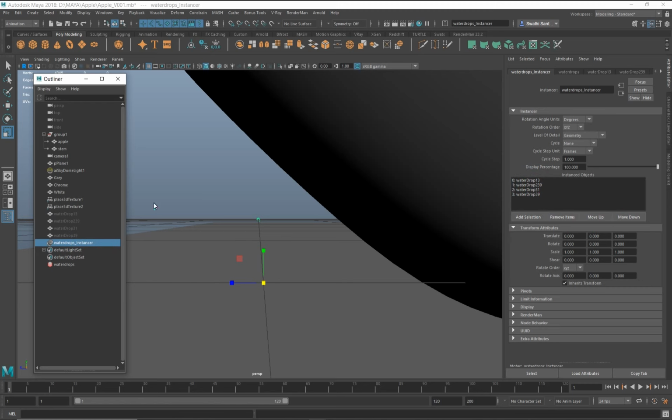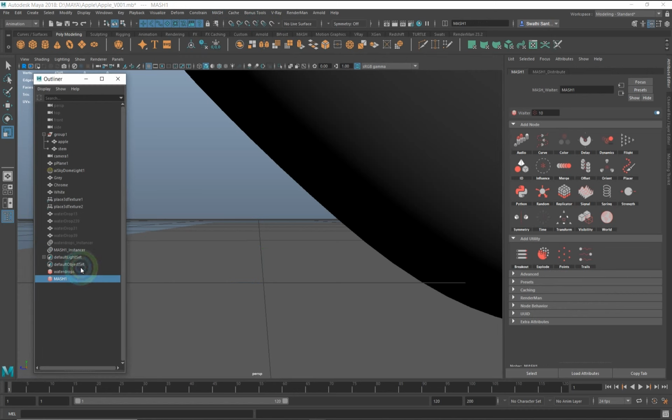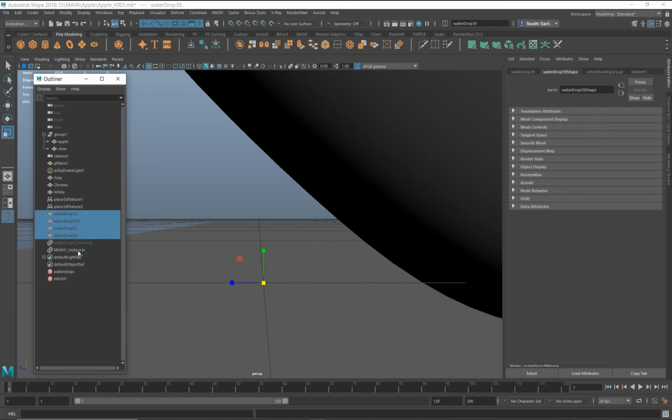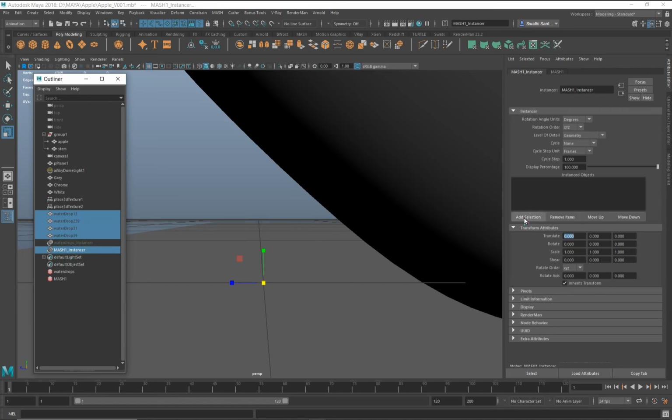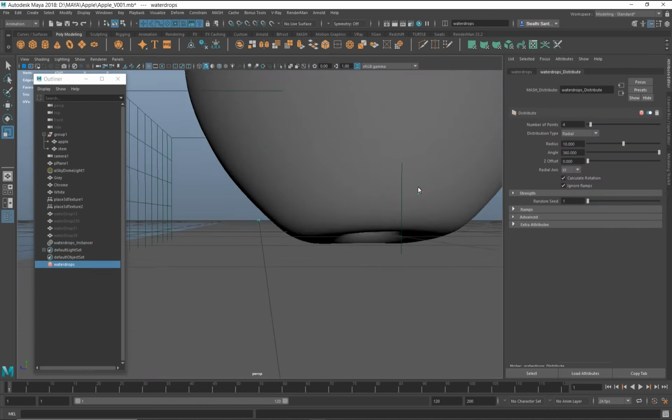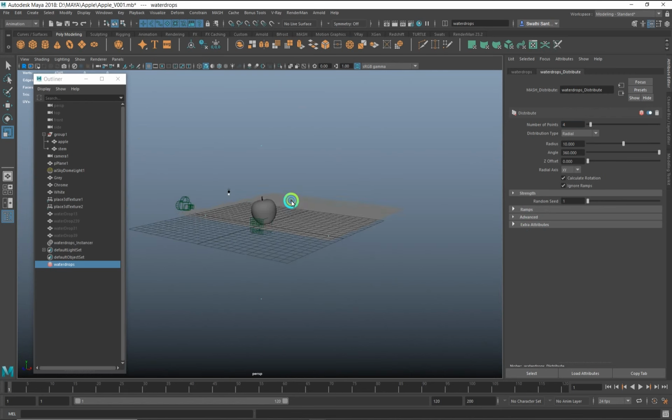We can also by default create a blank mesh network like this, and then we can add to the instancer by selecting each of them, and then the instancer, then click on add selection, so it will get added into it. So our instancer is ready. Here we adjust the settings of the mesh network.